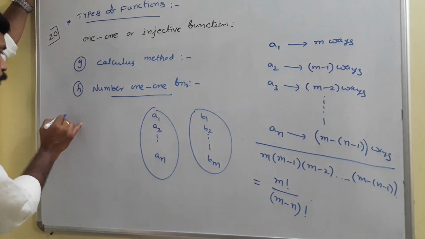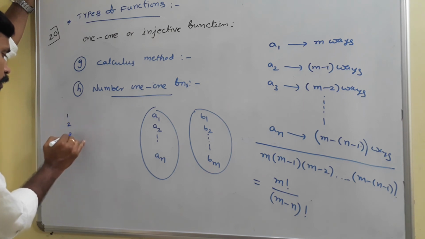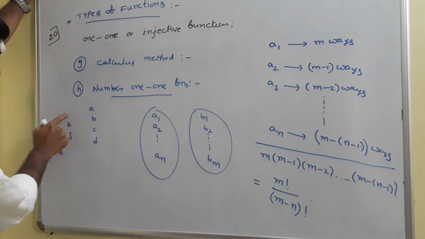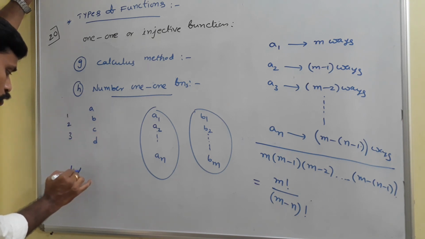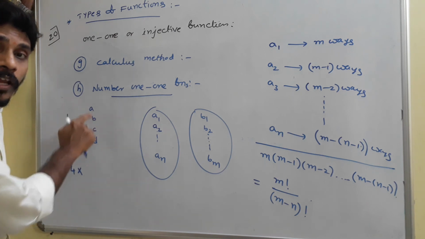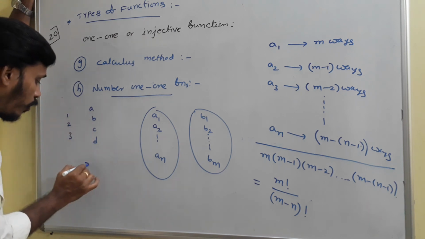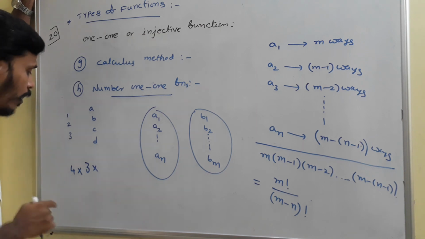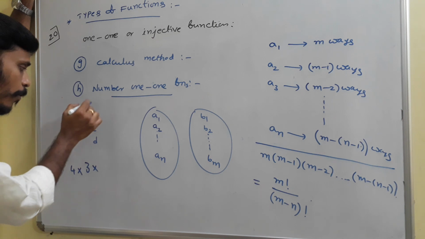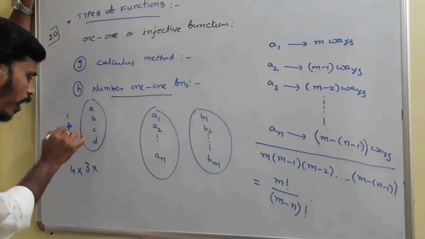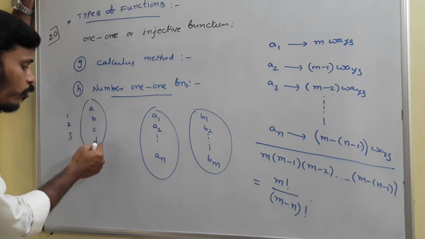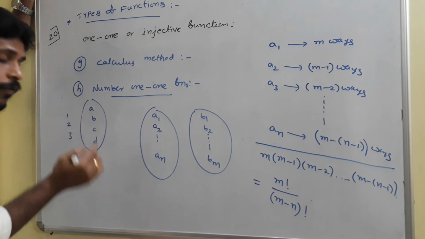Suppose I give you an example: the first set has 3 elements 1, 2, 3, and the second set has 4 elements A, B, C, D. Element 1 has how many chances? 4 chances to connect. Element 2 has how many chances? Already 1 is connected to any one of these 4, so 2 has only 3 chances to connect. Okay, 2 elements are completed. Now 3 has, among these 4, already 2 elements completed, they are connected to 1 and 2. Still there are 2 elements for 3. You connect to any one of those 2.